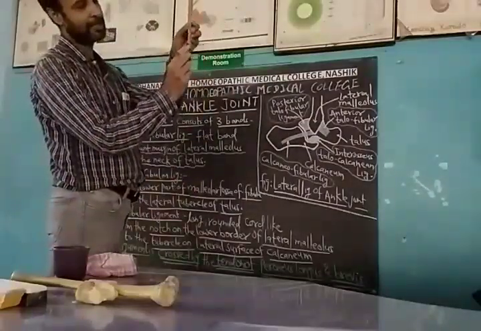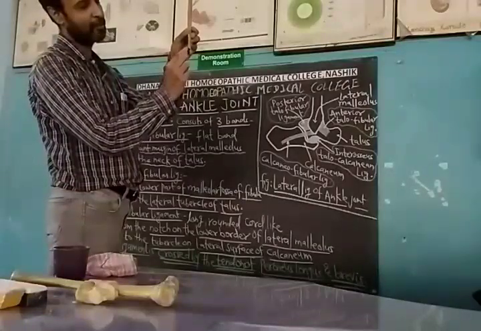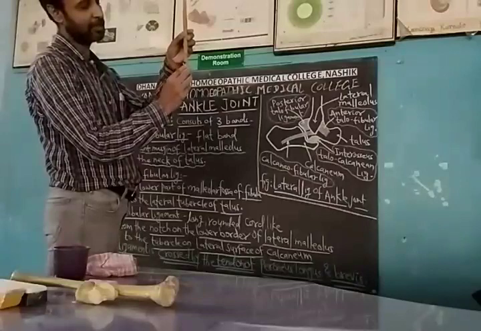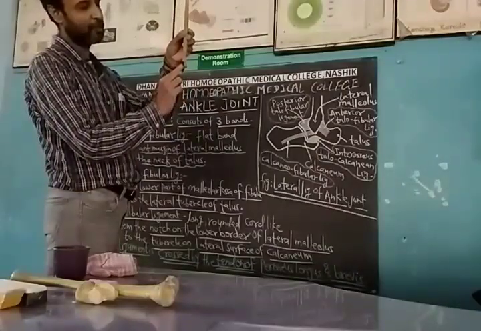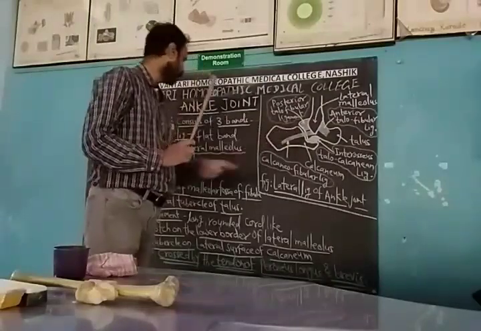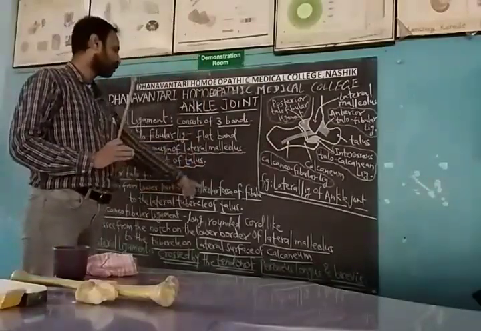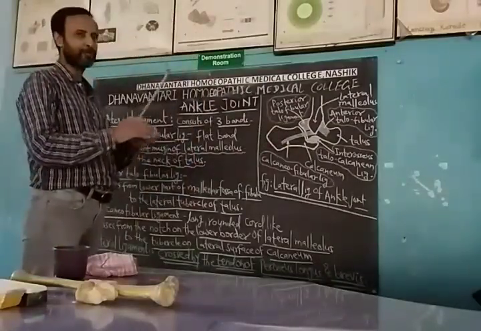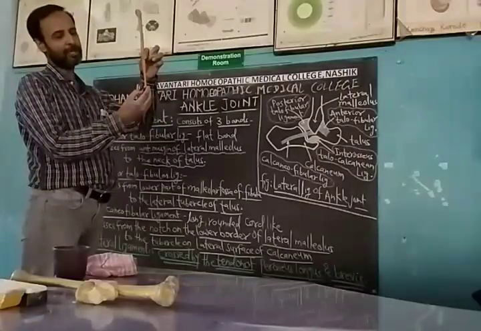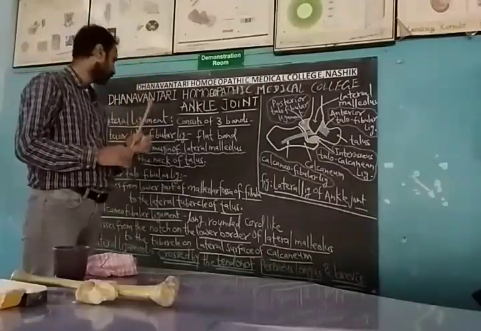So here this is broken, but this is the malleolar fossa, on the posterior part. So see, anteriorly from the anterior margin and posteriorly from the lower part of the, clear? So that is a malleolar fossa of the fibula. This here is the malleolar fossa of the fibula to the